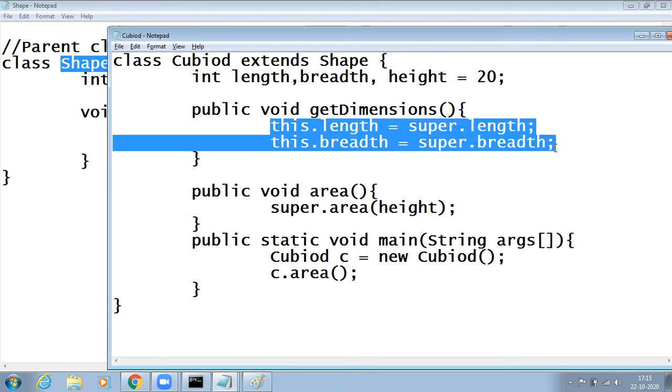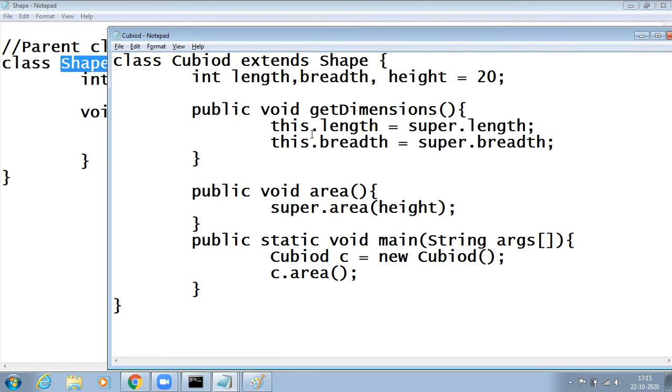To get the dimensions of the cuboid, I just want to get this data. You can ask me why I access it like this, without using these two, length and breadth.